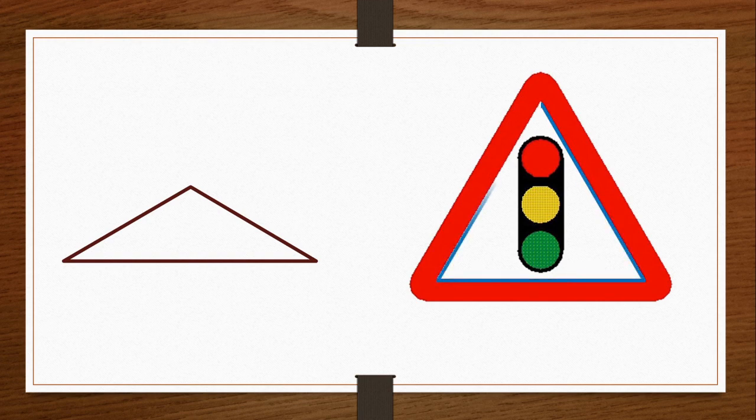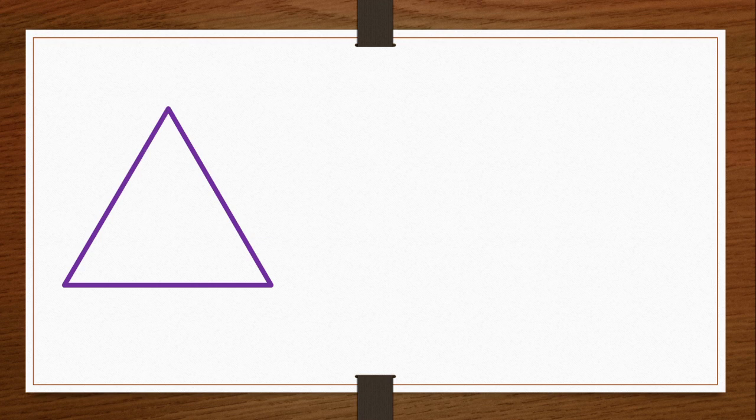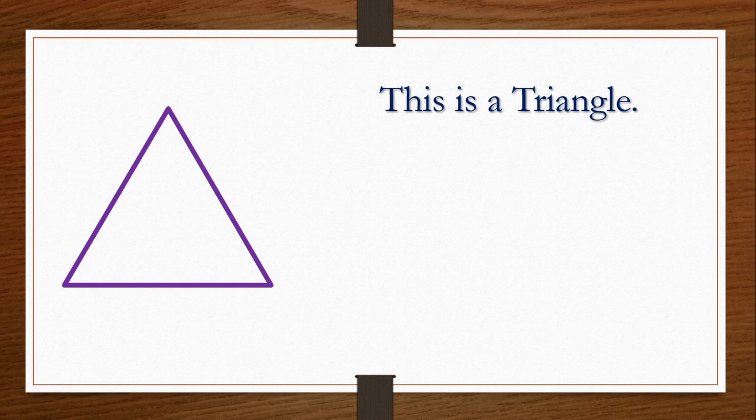Here, see this. I will remove this. Now dear children, here also we got the shape which has 3 sides, isn't it? Same to same shape we got. This we will draw on new page. Okay? This figure is called as triangle. Tri means 3. Okay? Tri means 3. So this is called as triangle.